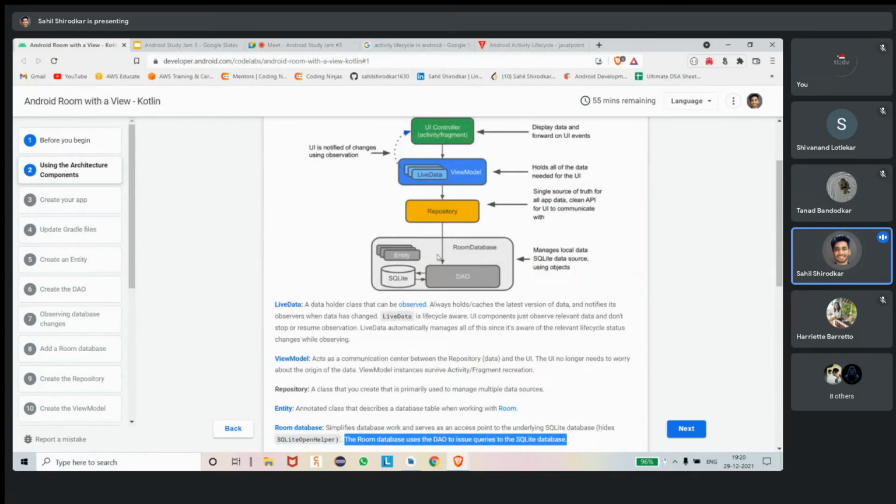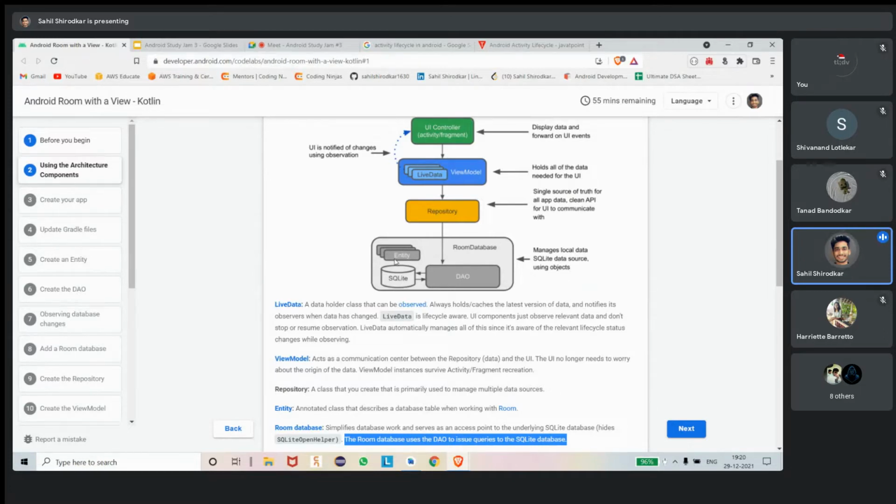The first component is entity. Second component is DAO, that is data access objects. That means how you will call all the queries which you want to interact with the SQLite here. So entity, it's the same as a table in SQL.